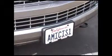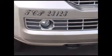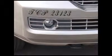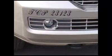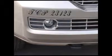Now that I've shown you the kind of cars that we drive around in, let me explain that Amicis Tours, which is a DBA of Space and Time Designing Incorporated, is licensed by the Public Utilities Commission of California. Our TCP number, which is found on all limousines, is 23123. That means that we maintain commercial insurance to protect our clients, that we are drug tested and alcohol tested, that our drivers have to go through special training, and our cars have to go through special safety